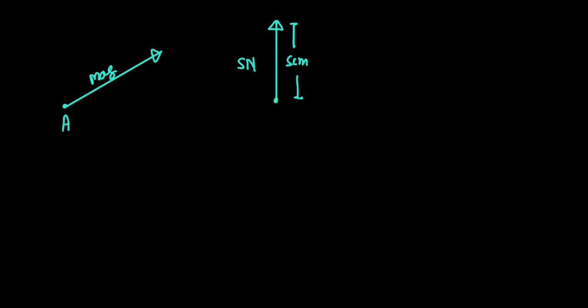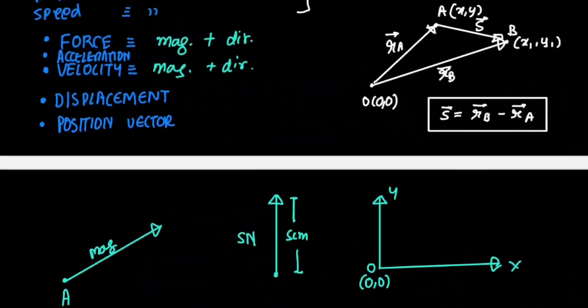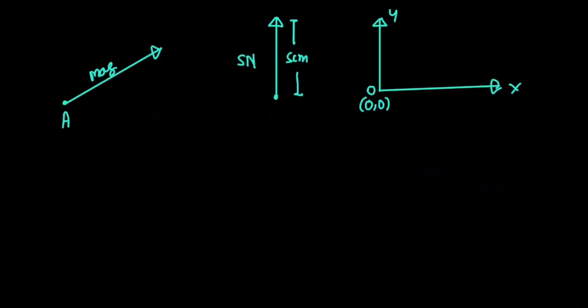Let us say that we want to represent a force. I'm just using force as a standard example. You can represent pretty much any vector like this. Let us say that I have the x-axis right over here, I have the y-axis right over here. I'm sure you're familiar with these basic notions of x and y-axis, and I have the origin right over here. And let us say that I want to represent a force that makes an angle of 45 degree with the x-axis. Let's do the 45 degree first, and then we can go to another example. So 45 degree is like this,